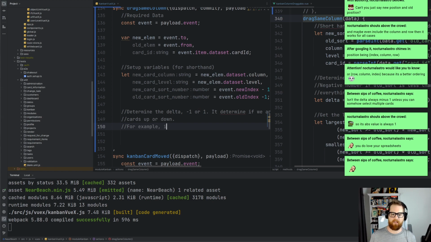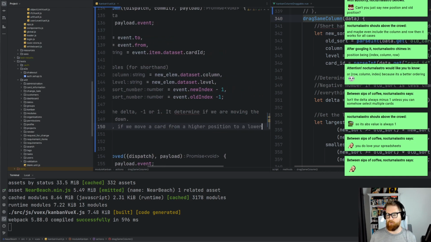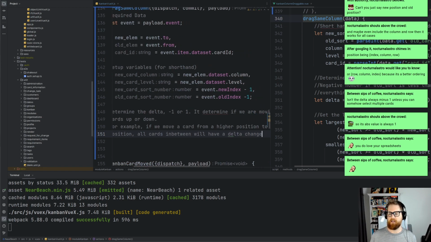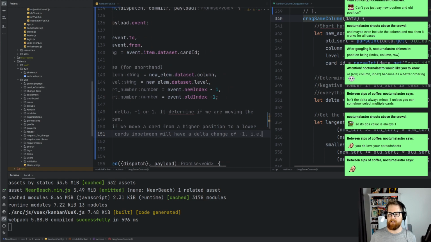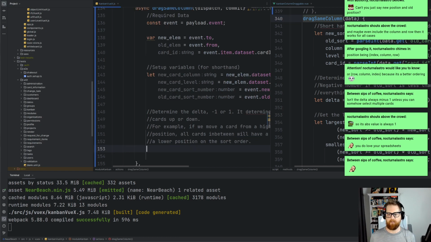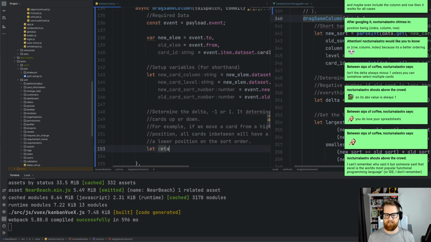For example, if we move a card from a higher position to a lower position, all cards in between will have a delta change of -1, i.e. a lower position on the sort order. Okay, cool. So let delta,